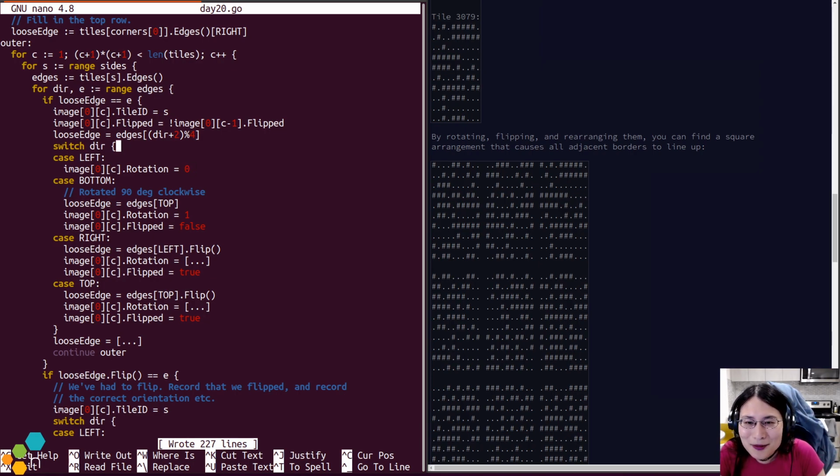Okay. And then that means that my rotation, I did a flip, then the rotation will be, if right matches, it was not rotated.